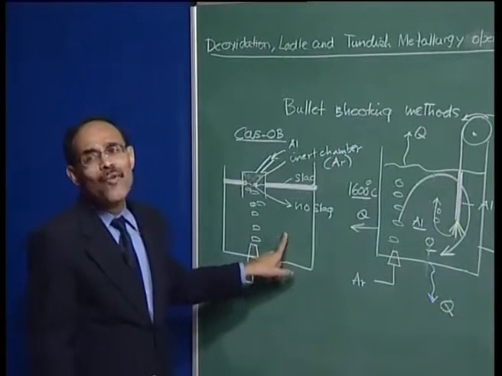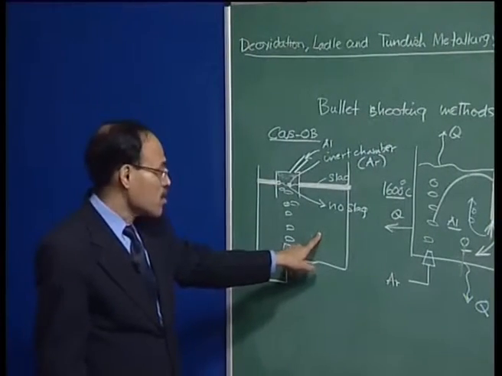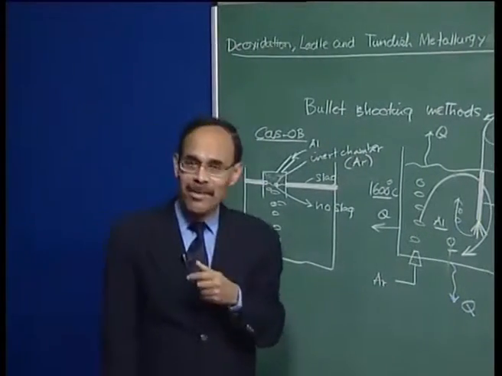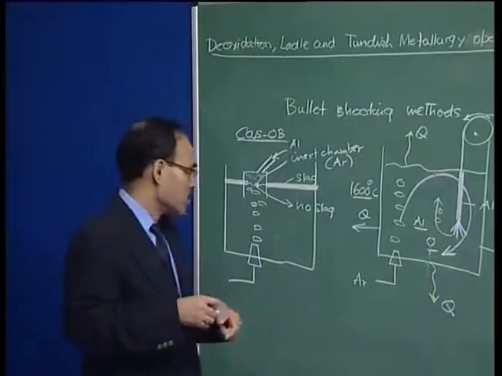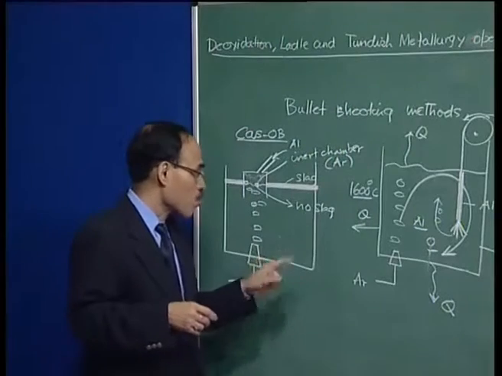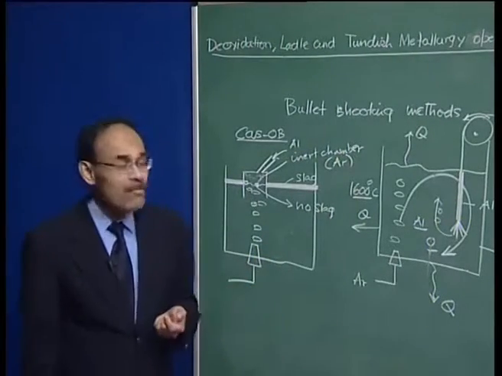Also, depending on the quality of the raw material used, lime etc. contains a lot of moisture, and there are also a lot of leakages in many plants, as you can see. So, there is sporadic contact with water vapor, which gives rise to a significant amount of hydrogen, sometimes even 3 ppm, 4 ppm.